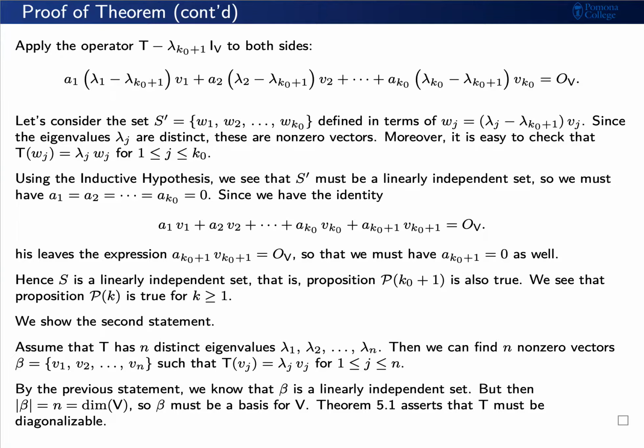But now we have a basis consisting of eigenvectors for our linear transformation T. This means that